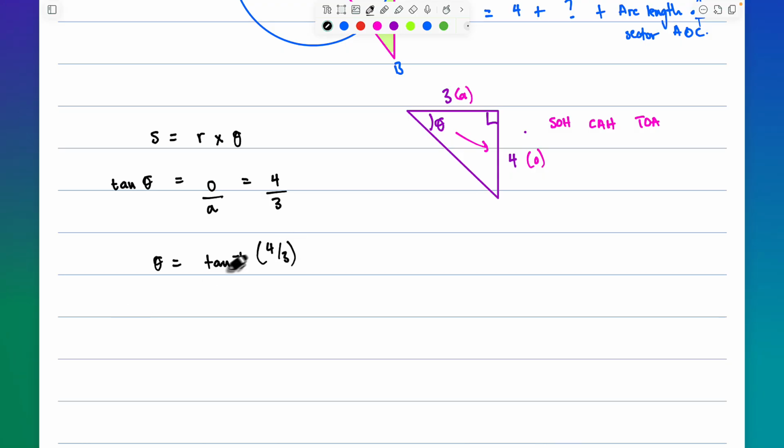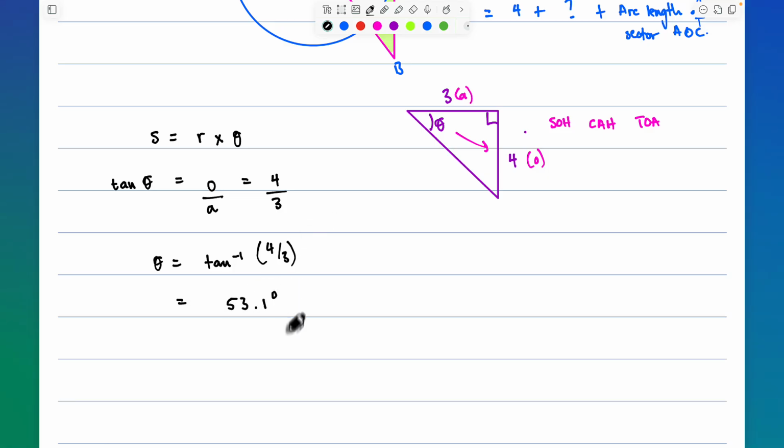Now, this is the thing that we said in the last video, your angle setting in your calculator, because you can just put this into your calculator, right? But be careful, because since we're working with radians, we're trying to find a radian angle, your calculator setting has to be in radians. So if you put this value into your calculator, arctan of 4 over 3, and you get